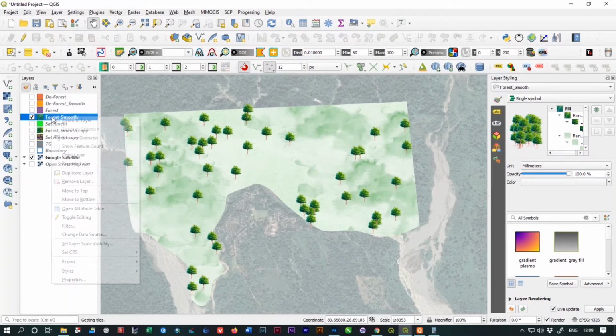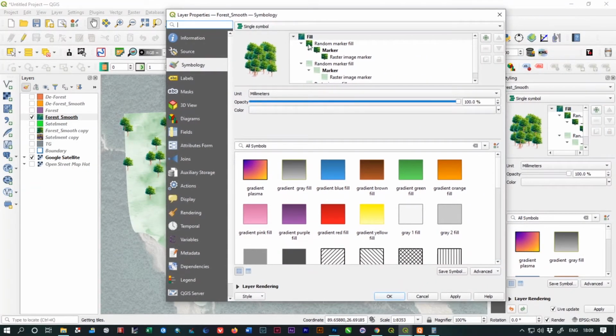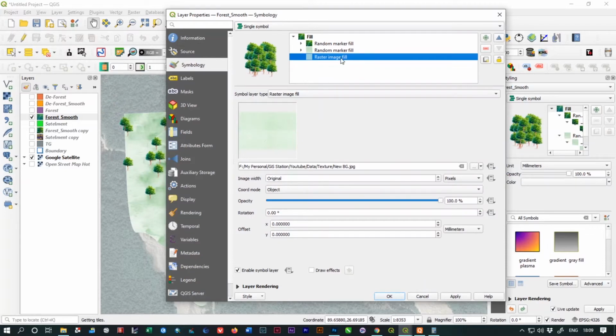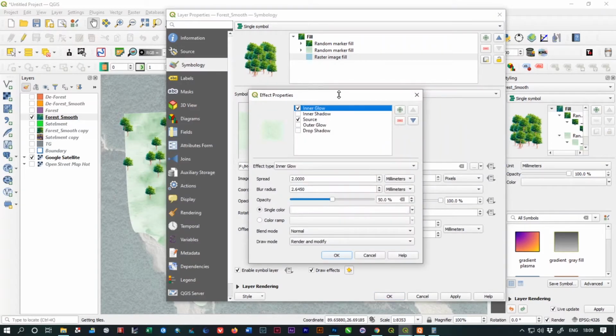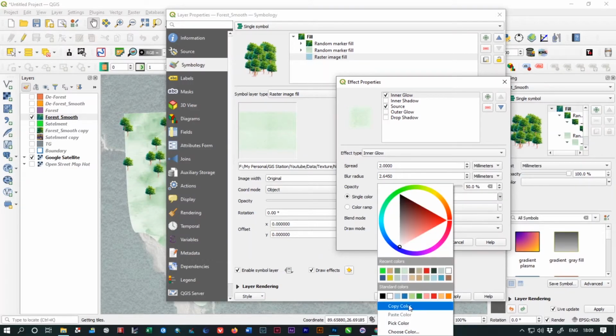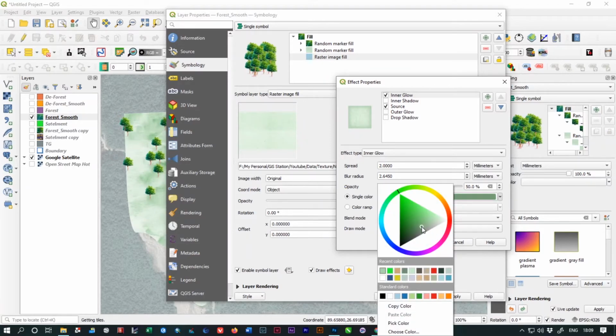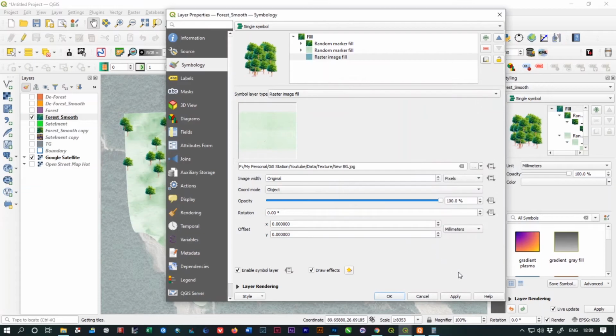depth on your layer. So again we are going to go to the symbology option, and from here select the raster file, and now click the draw effect option, click the star icon over here, and click the inner glow option, and click the single color. If it's not selected, then click this drop down menu and click pick color. Click any dark color and make it dark further. I'm going to dark it further, and you can see the nice beautiful effects over here, and click on OK, apply.